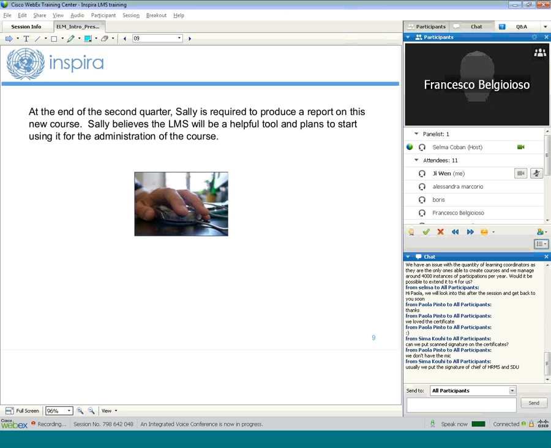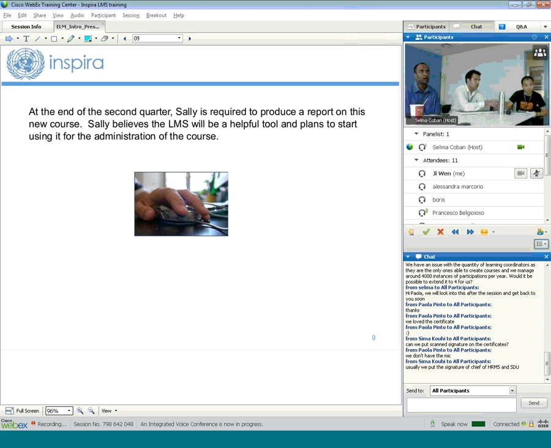For the duty station, we are thinking to have it at a more senior level, like the USG of the Department of Management, which oversees all the training. But I think to make it more consistent, we are looking for this one signature on the courses which are centrally managed.